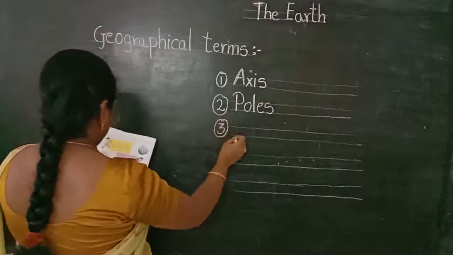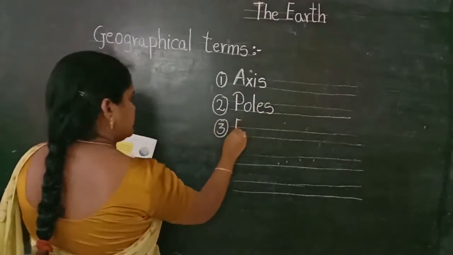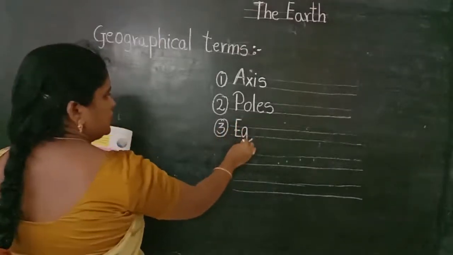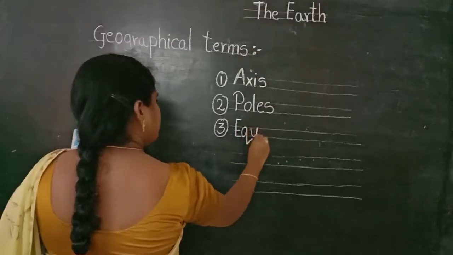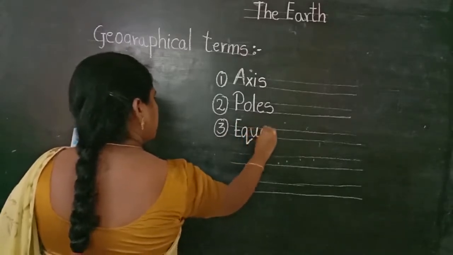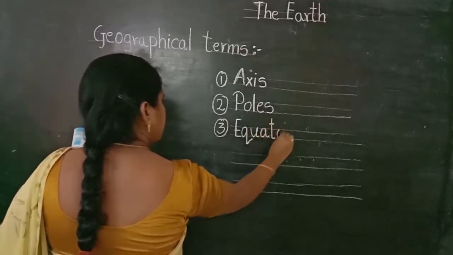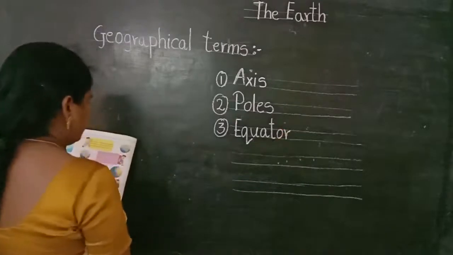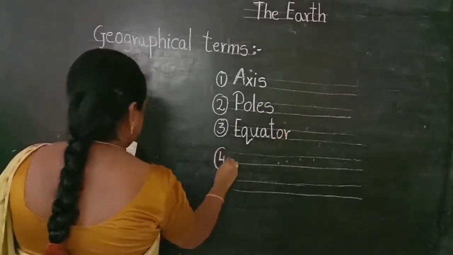Third one, equator. E-Q-U-A-T-O-R. Equator. Fourth one, children,